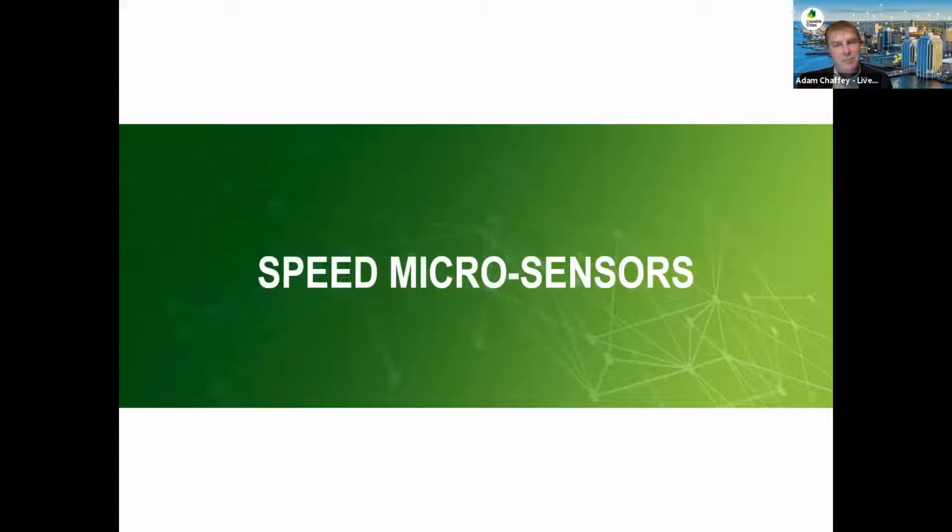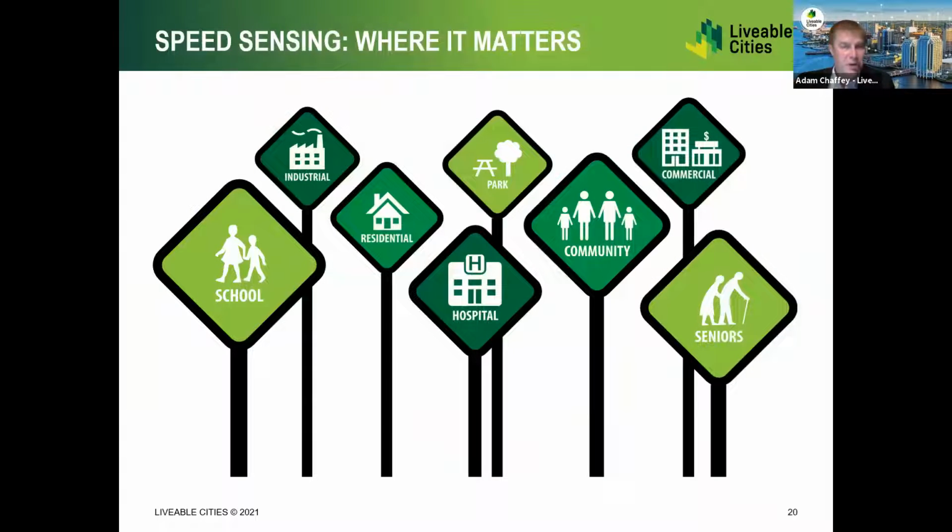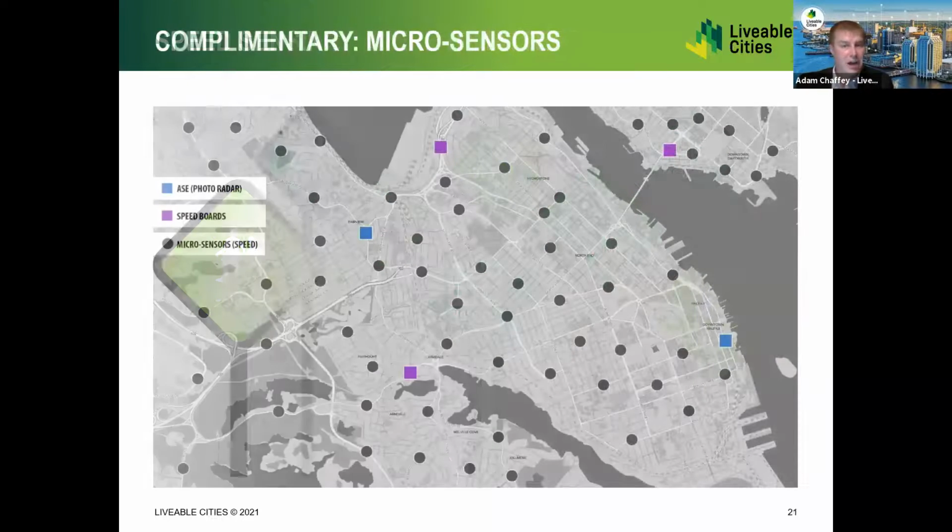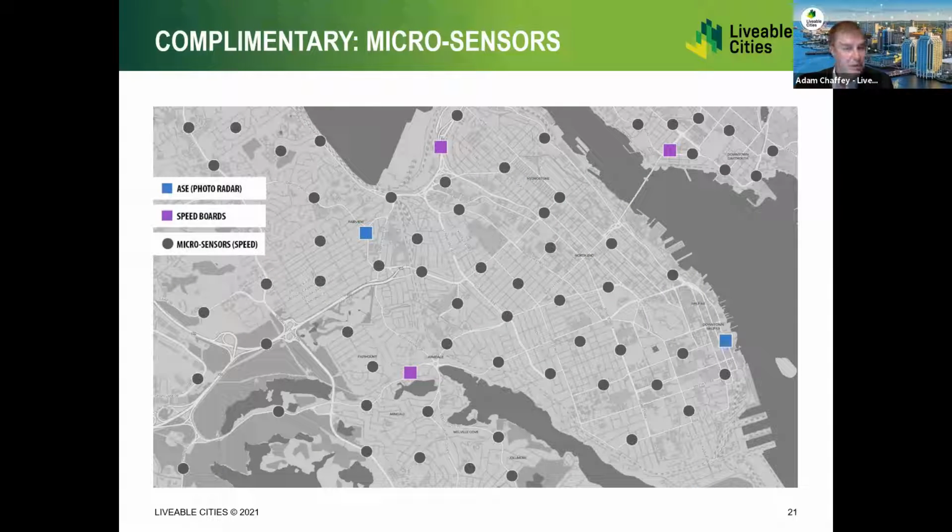So all of this begins to beg a broader discussion of something that's called microsensing. A lot of the communities that we're speaking with, and we know there's a lot of interest in the market, want to monitor very specific zones within the municipality, either school zones, hospital zones, etc. Traditionally, that's very expensive to do with incumbent technologies. But with these types of sensors that we can attach readily to public street lighting, which is pervasive throughout our urban and suburban environments, we really have the ability for the first time to monitor street speeds on a very granular scale across a region.